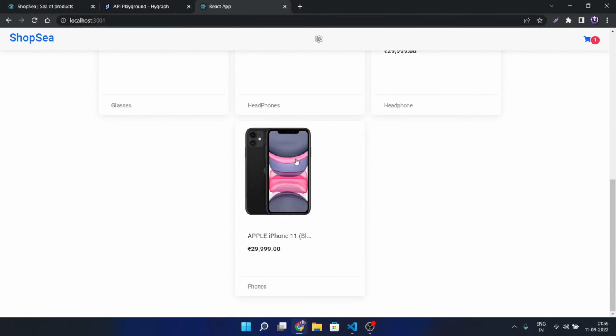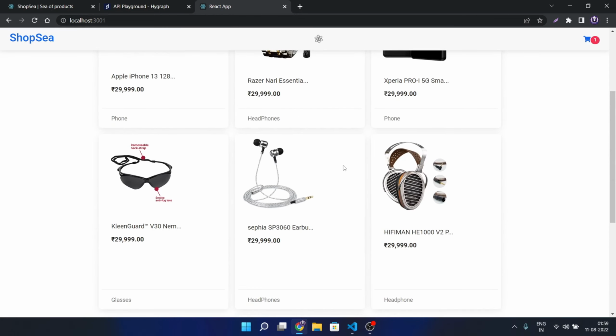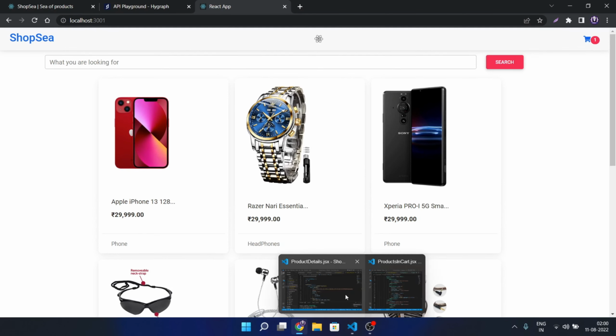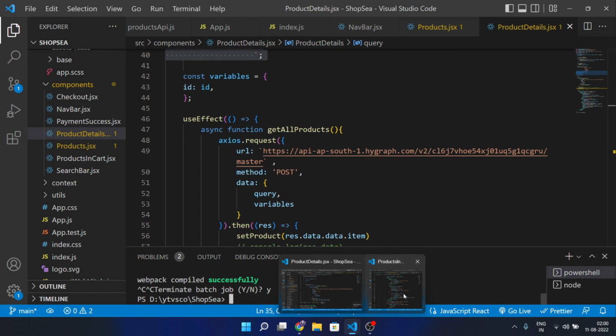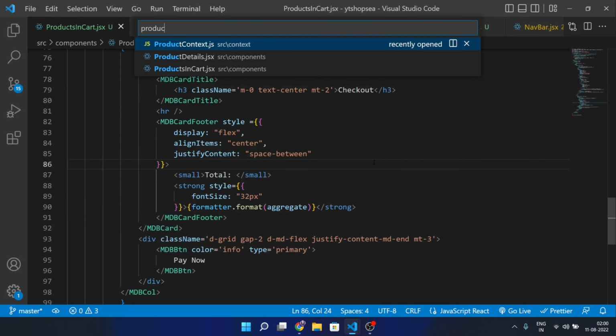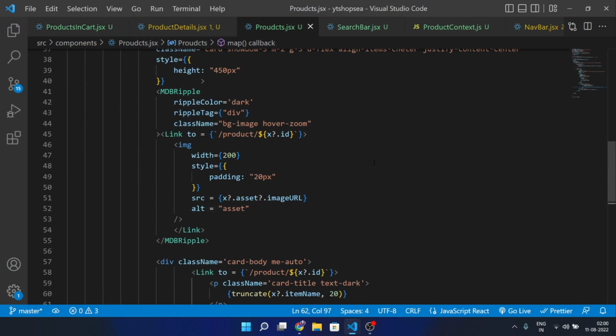But you can see here the card alignment is shifted to the very left. So we just need to make this card centrally aligned, the items to be centrally aligned, so it looks nicer. So let's go back to our Visual Studio Code, and inside of our products, let's go back to the products. Sorry, it is products. Inside of this product, we just want to make all the data